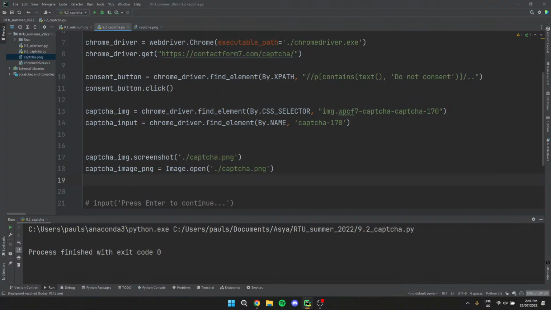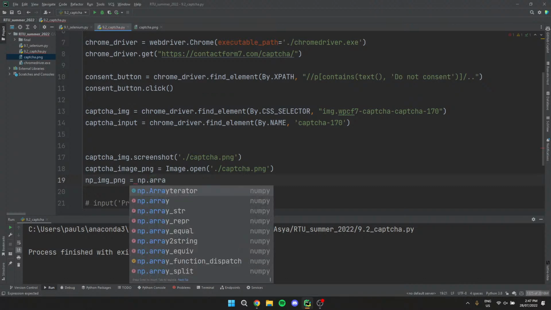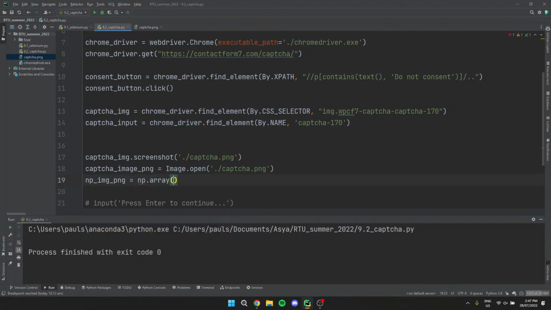As we already know, everything we will do with AI, we need it in some kind of array form. So, equals np.array of